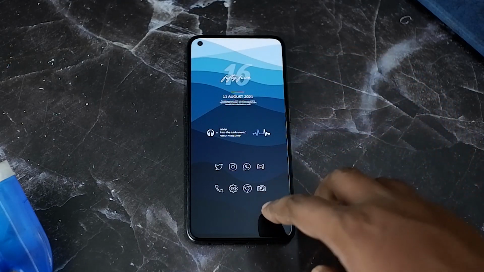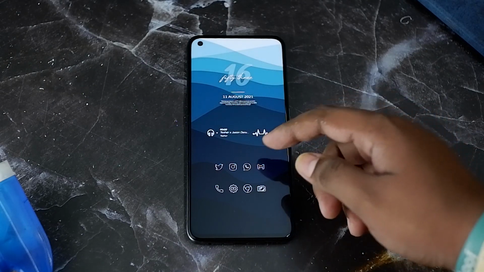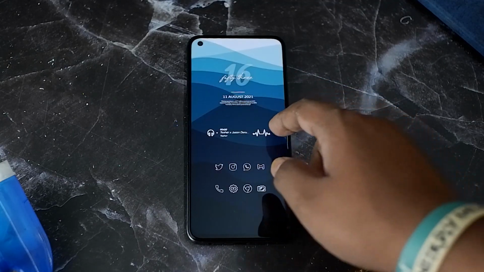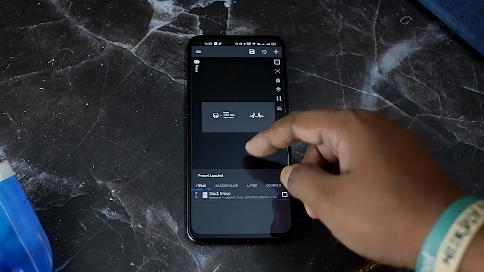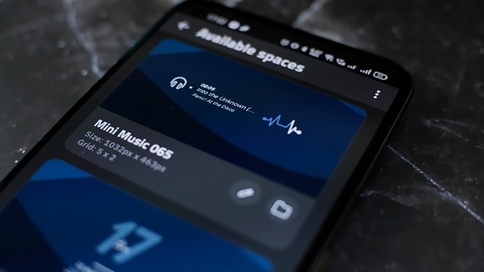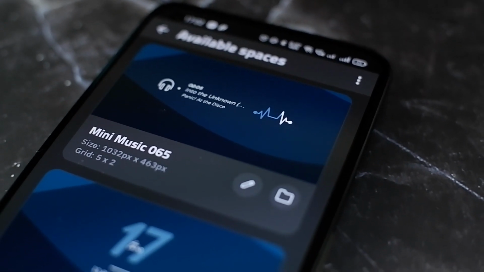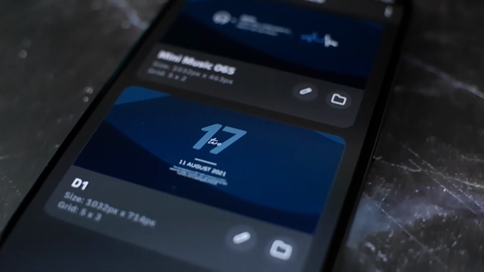For the first widget, create a KWGT widget on your home screen, preferably a 4:2 one, and then go into the Desaturate KWGT widget pack and select the widget number D1. This is the exact widget that I have here. I have tweaked it a little bit, like the font for the time is a little different. So do that. And after that, for the music player widget, make another 2:2 or 4:1 widget on your home screen.